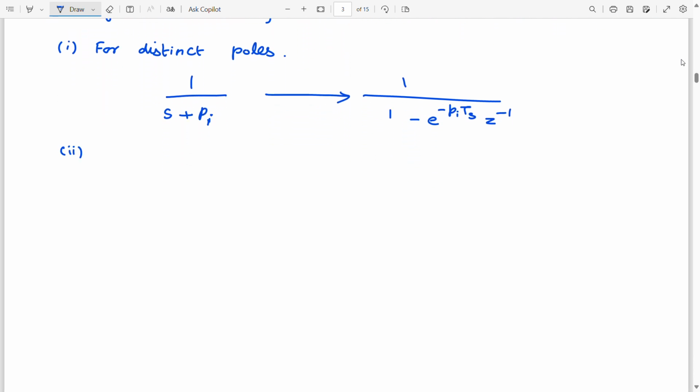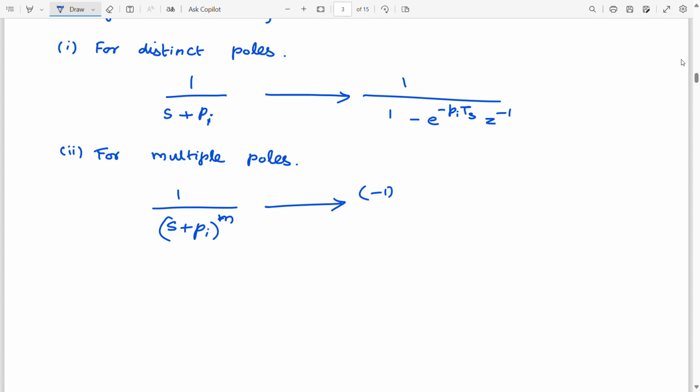Consecutively, if the system transfer function has multiple poles at the same location in the S-plane, say, for example, the transfer function consists of the term 1 over s plus pi to the power m, which means that m number of poles are located in the left half of the S-plane at the coordinate minus pi, then that function can be replaced by the equivalent digital IIR representation using the impulse invariant transformation method, represented as